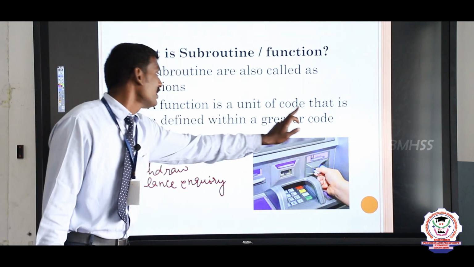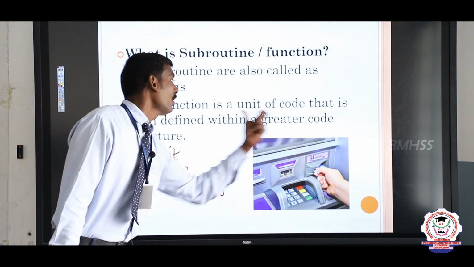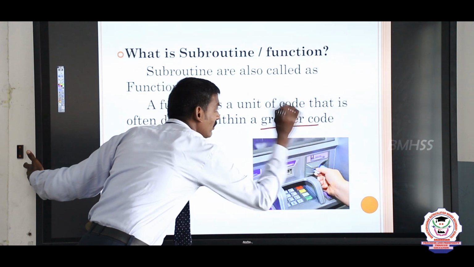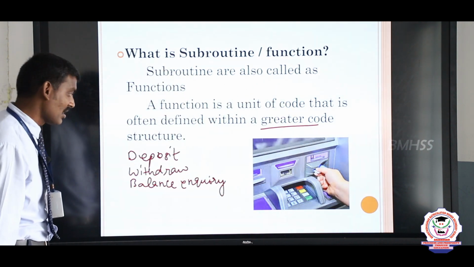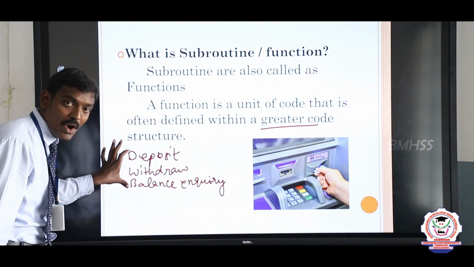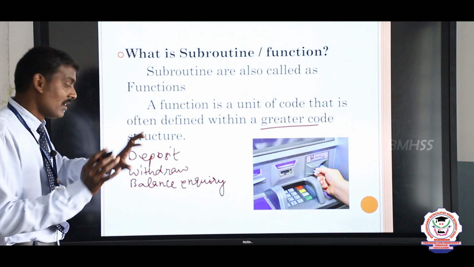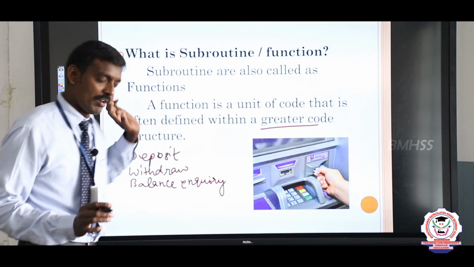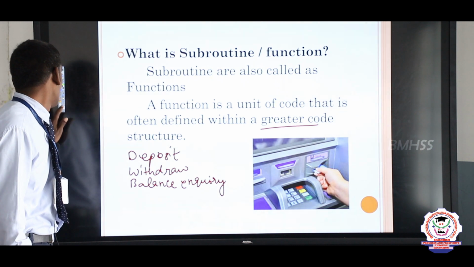A function is a unit of code that is defined within a greater code structure. What is the meaning of greater code structure? It means these 3 modules are combined; we can call it a greater code structure. Are you clear, students? Next,